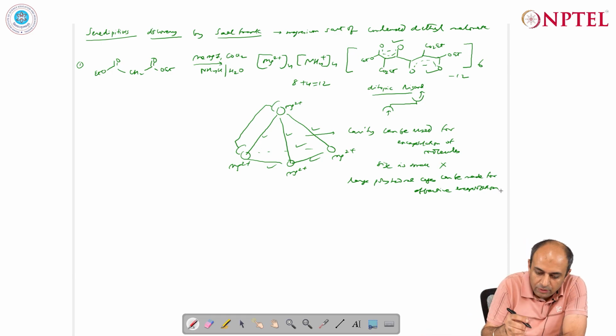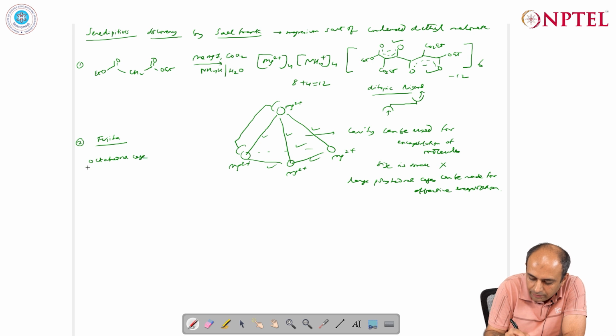So, with this background came the pioneering work by Fujita, who developed different cages. Now, the first popular work of Fujita was the octahedral cage, where he made this